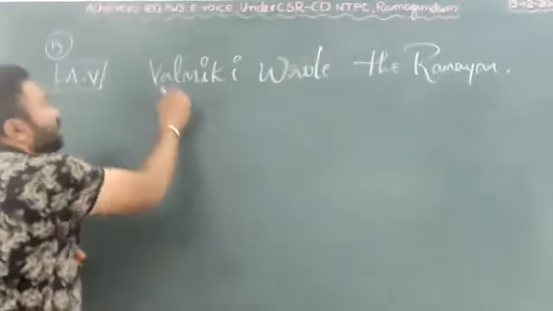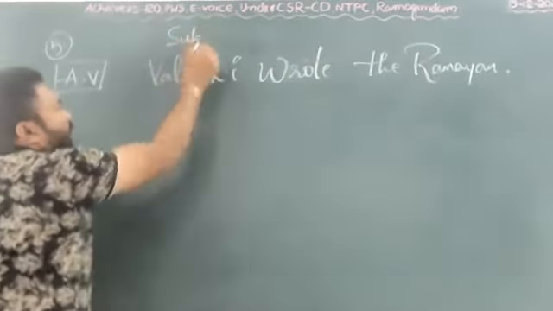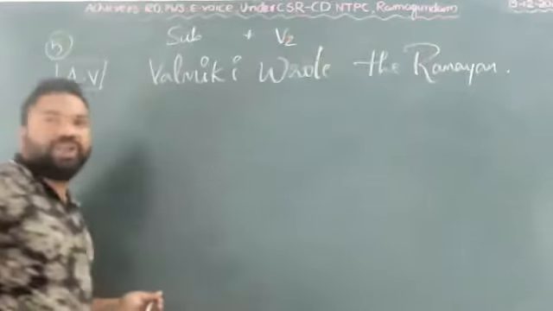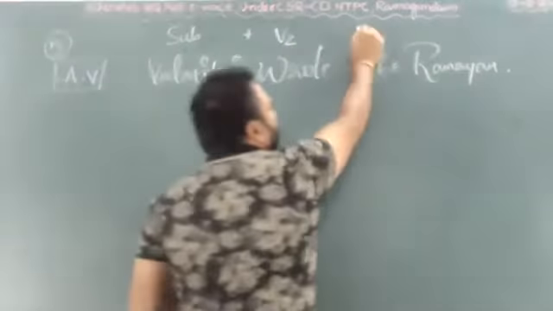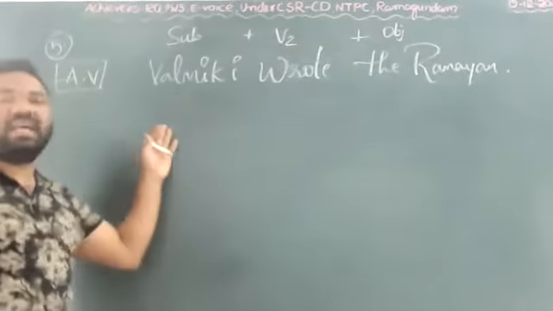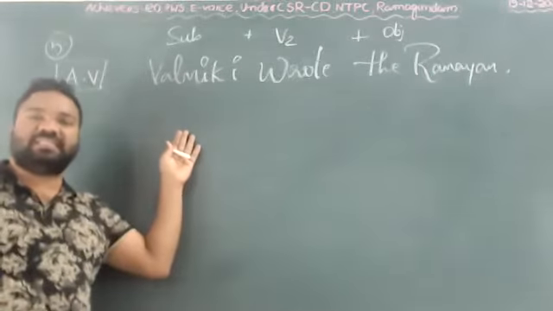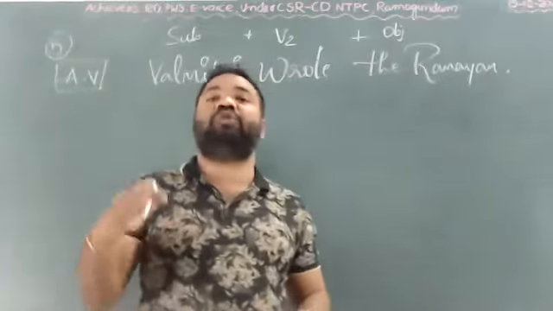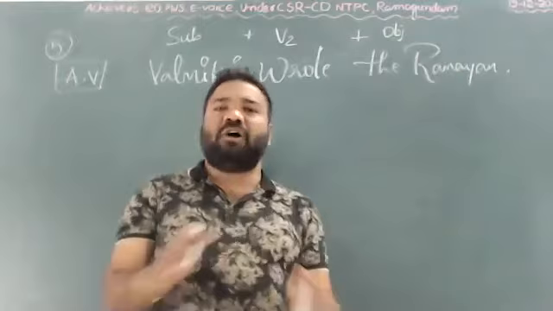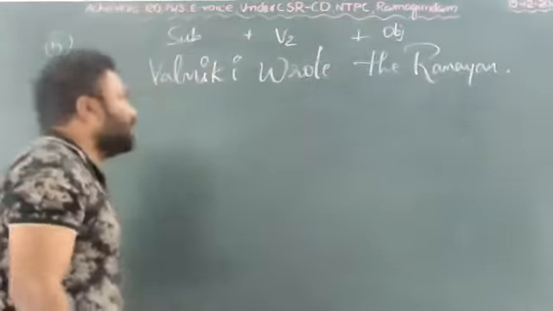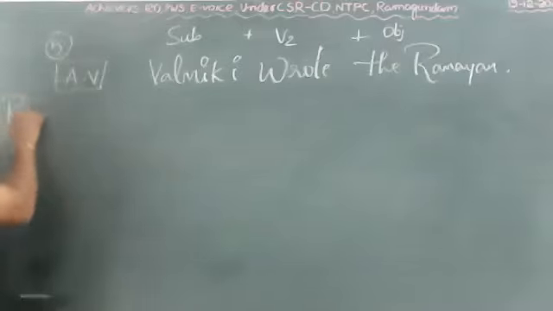So here, this is the subject, Valmiki, and wrote is V2, and the rest is the object, the Ramayana. So hence, this is a simple past sentence. And how shall we convert this active voice sentence into passive form? You must not forget, students, we have 5 rules to follow. All right. The first rule we have